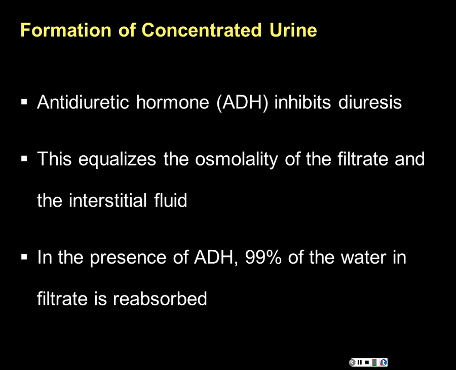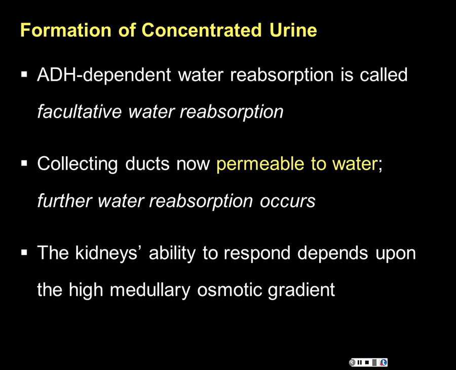An alternative term to describe this is facultative water reabsorption. It's being facilitated under the influence of antidiuretic hormone. So with this, we add more aquaporins, more water reabsorption, and that is kind of summarized in an analogous picture there on page 7